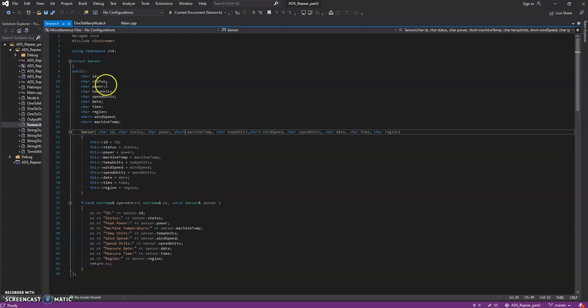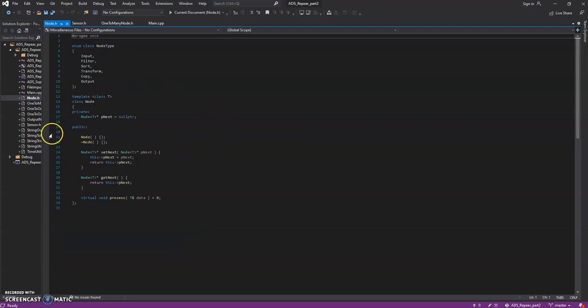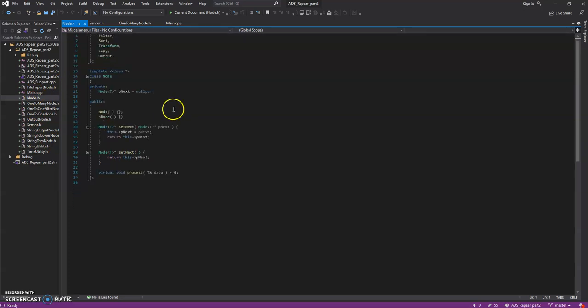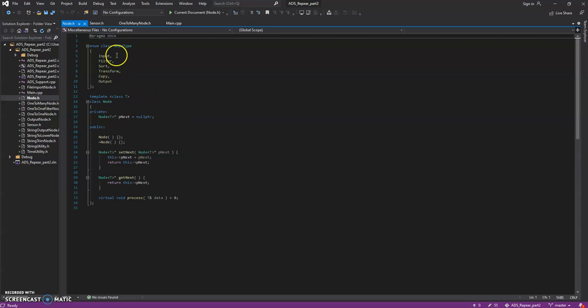These are all changed to char instead of string to save space, and short int instead of normal int also to save space, and the short ints have been put at the bottom of this stack. So you can see that these are just small pointers to them. Then you have nodes here on the side. Some of these nodes aren't used in the actual solution. So we have obviously the main node,